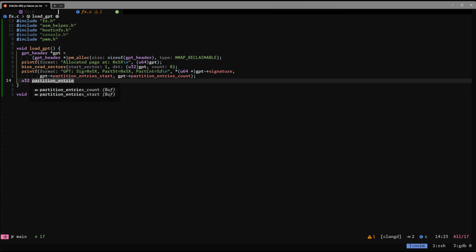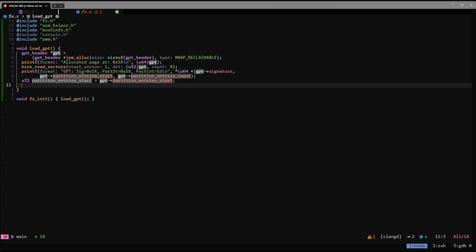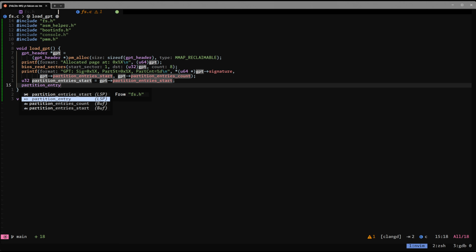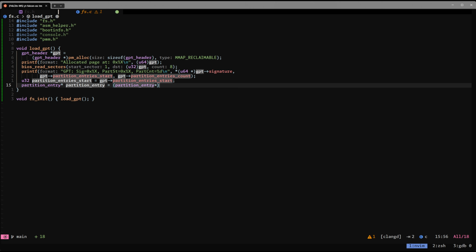Great. So let's create partition entries. Start. This would be just GPT partition entries start. And what we will do is we will create a pointer to partition entry, and this pointer will be partition entry pointer, and here we are going to take the address of GPT, so something like this, probably